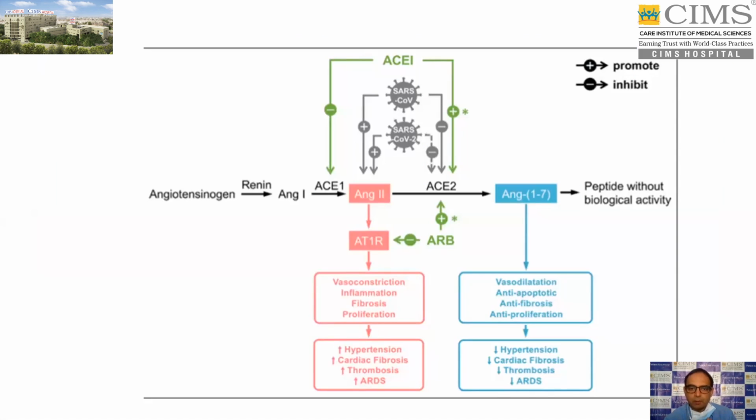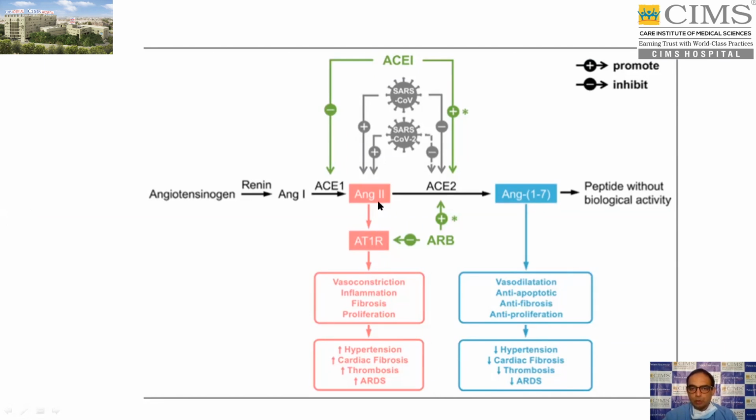Now, if you see this figure, we all know that angiotensinogen is converted into angiotensin 1. Angiotensin 1 is converted into angiotensin 2, and the enzyme is ACE1, which converts angiotensin 1 to angiotensin 2. We have all read this in our medical school days. Angiotensin 2 basically is vasoconstrictive, and we know that ACE inhibitors will inhibit this enzyme, ACE1. And angiotensin 2 acts on the tissues by AT1 receptors, and this is blocked by the ARBs.